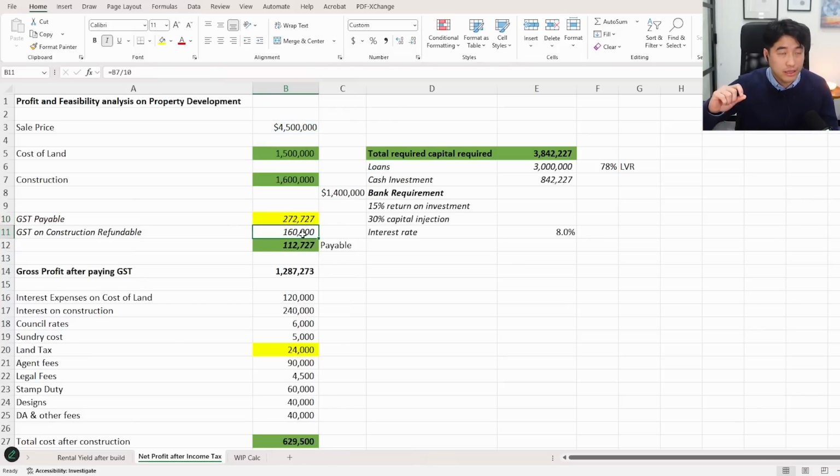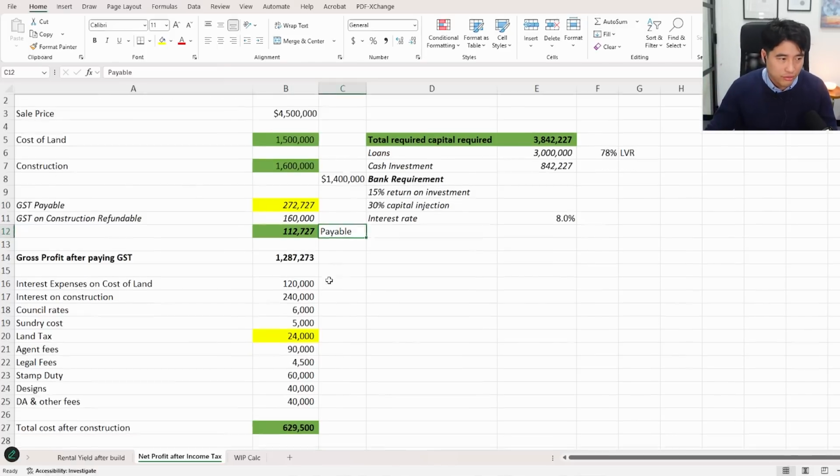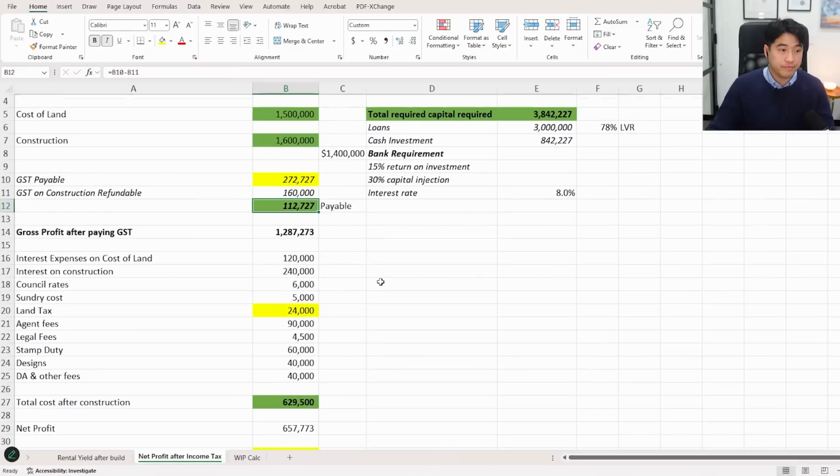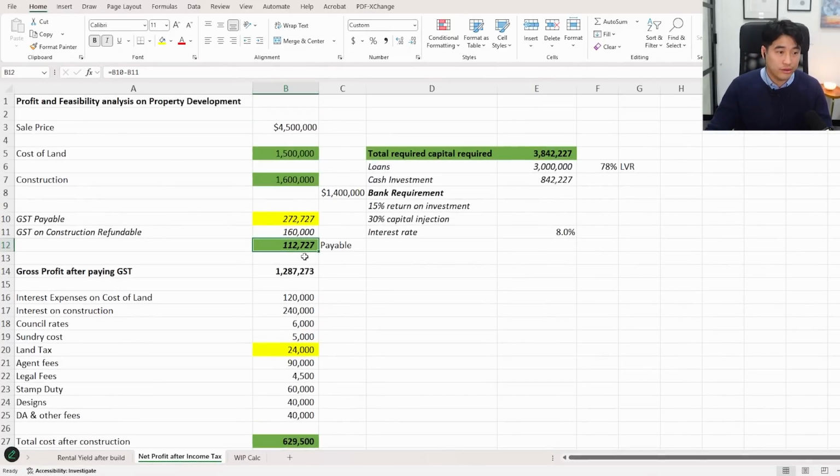All right, so don't forget, you would have paid for costs. You would have paid for the construction costs. You would have paid for a builder, the materials. So you get 10% of the construction cost as well. So that is a credit. So the total tax bill that you're paying for GST purposes, and this is just the estimate, there's other GST, but most of it would be these two, so therefore the net GST bill will be 112K, right? So that's how you calculate the GST that you have to pay.